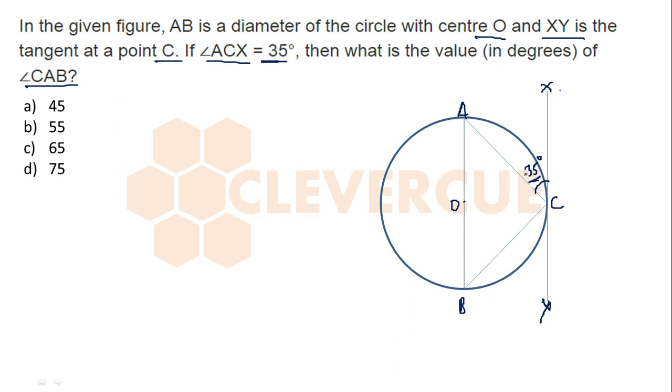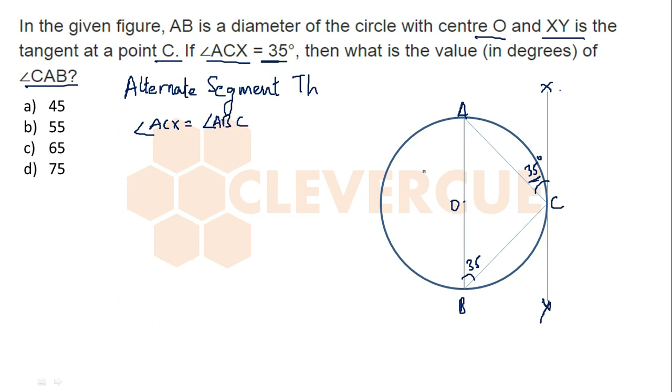Okay, see, according to alternate segment theorem, here if this angle is 35, then this angle ABC will also be 35. That is, angle ACX is equal to angle